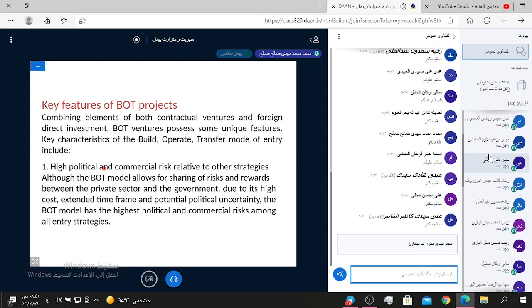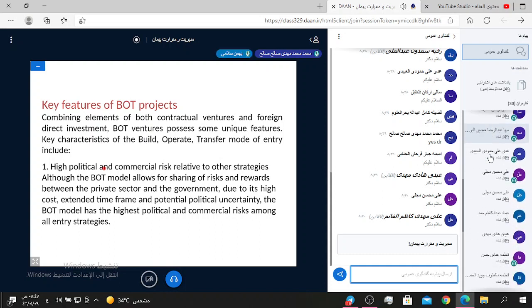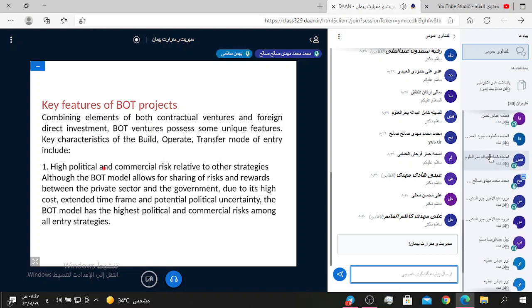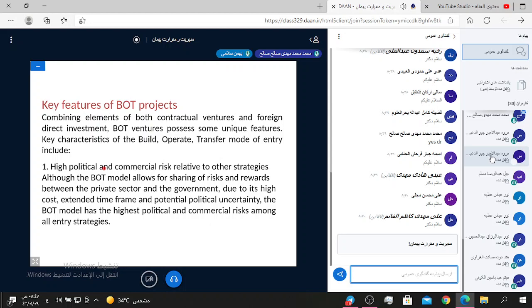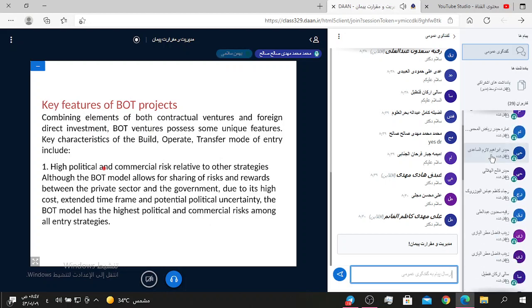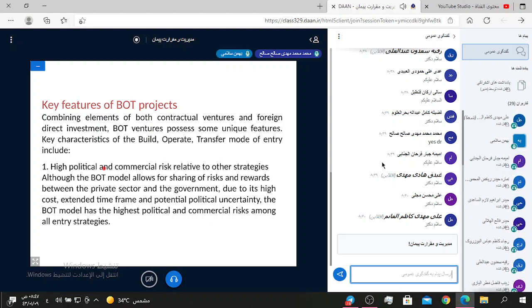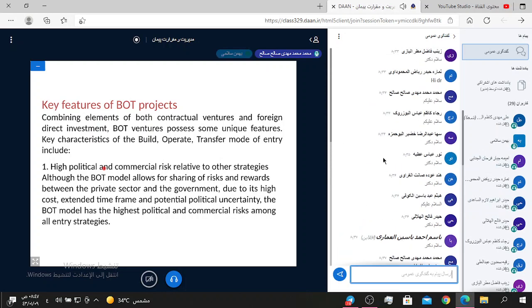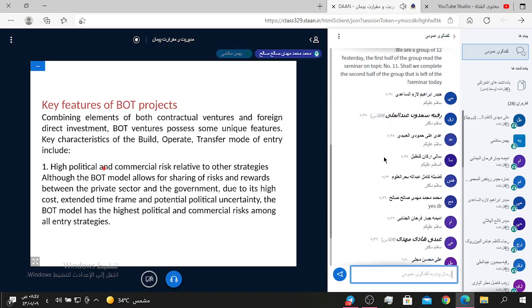Also, the BOT model allows for sharing of risks and rewards between the private sector and the government due to its high cost, extended time frame, and potential for political uncertainty. The BOT model has the highest political